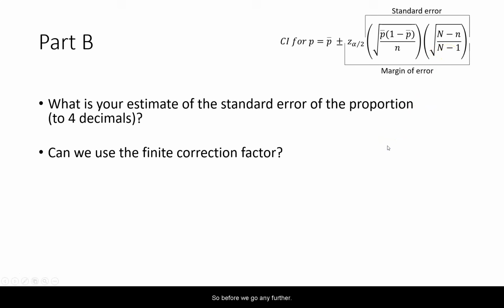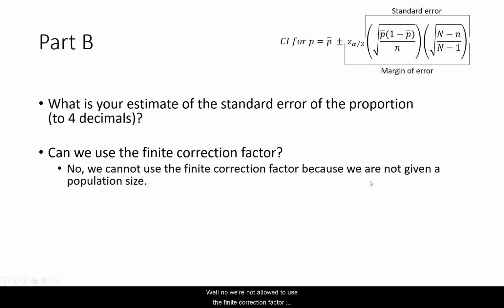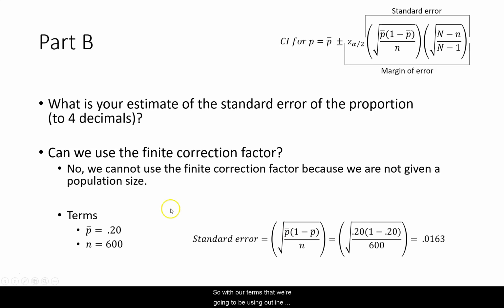So before we go any further, are we allowed to use the finite correction factor in our question here? Well, no, we're not allowed to use the finite correction factor because we were not given a population size. So with our terms that we're going to be using outlined here in the bottom, we have p bar equal to 0.20 and our sample size being equal to 600. We can plug that into our formula, which gives us the square root of 0.20 times 1 minus 0.20 divided by 600,